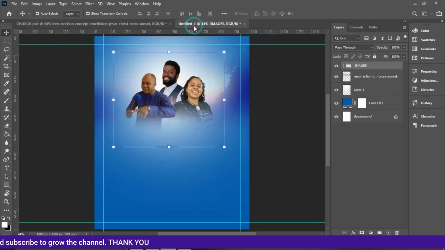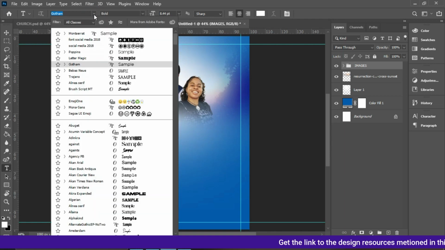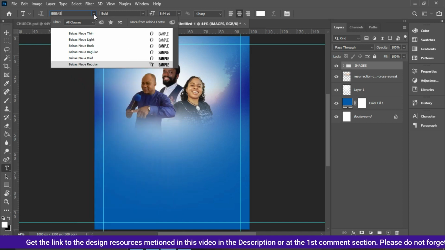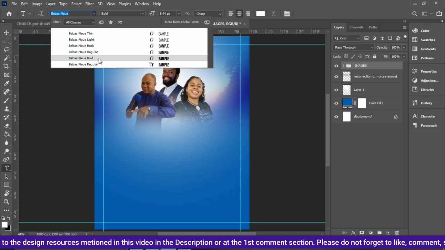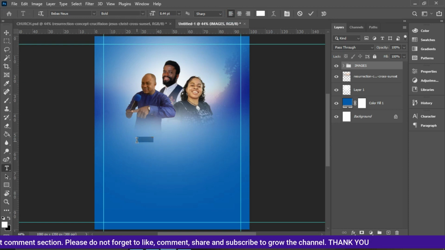Okay, so with that one, I go to select my horizontal type tool, and then the font that I'm going to use is Bebas. Okay, for the prayer revival, Bebas. After you select your Bebas, I'm going in for the newer bold. Okay, and then make sure that the font is white or however you want it. So this is going to be prayer